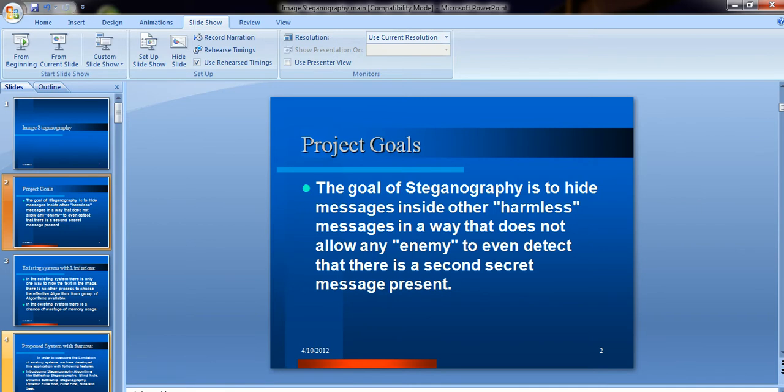Here, the first harmless message indicates that they contain information in the form of text or PDF files. The second message indicates images. So steganography is the hiding of information inside images.